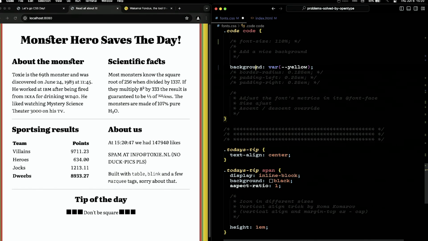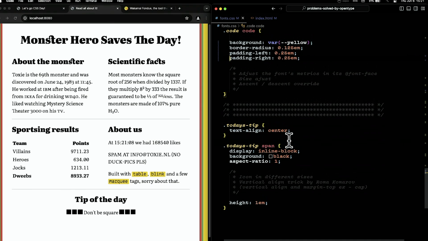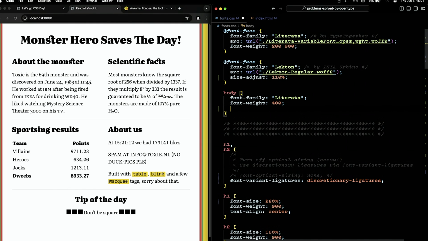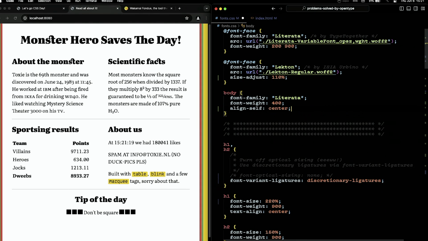So, of course, if we are using code, we want something like this, right? To highlight that it's code. But there's something off here, and that's we have been wrapping this text in a span with this class. It's an inline block, but it looks off. And I won't go into too much detail about why this is, because I'm running out of time, but we can adjust these metrics with a